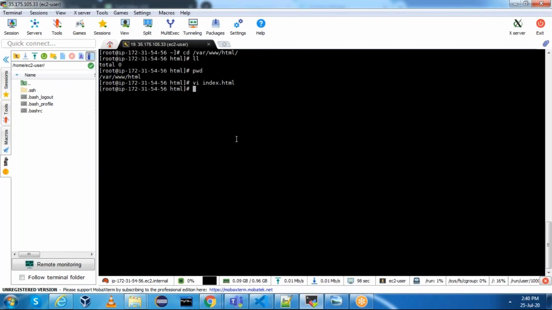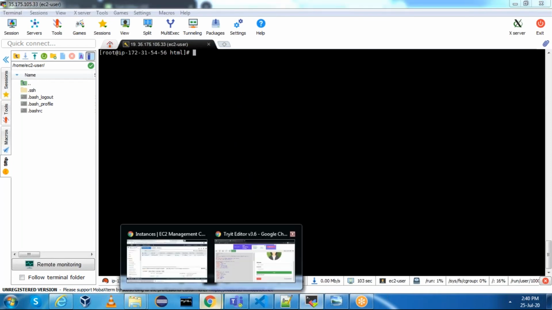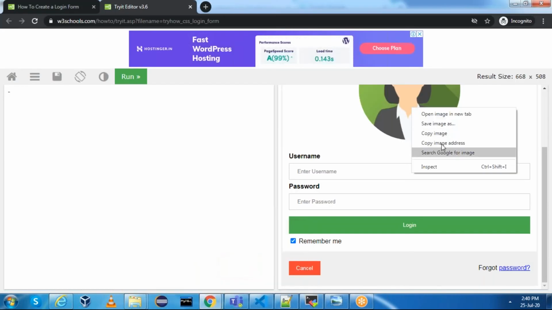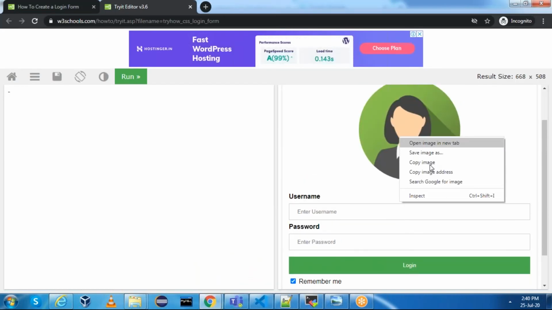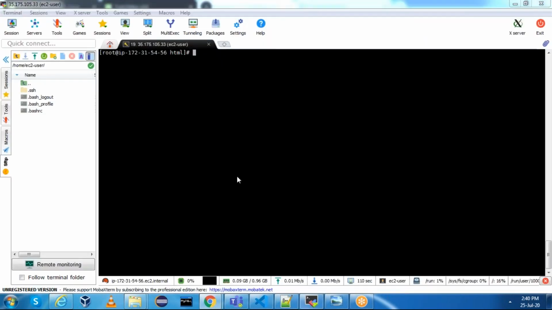Save this. Okay, now you have the content, and inside this content, as you are using the image, you need to download the image as well. You can say copy image address here, download the image as well. wget image address. This is perfect.